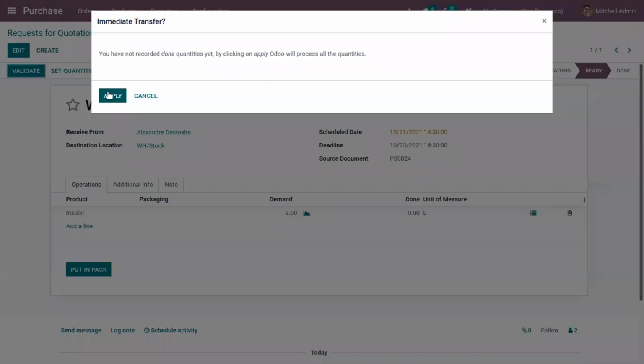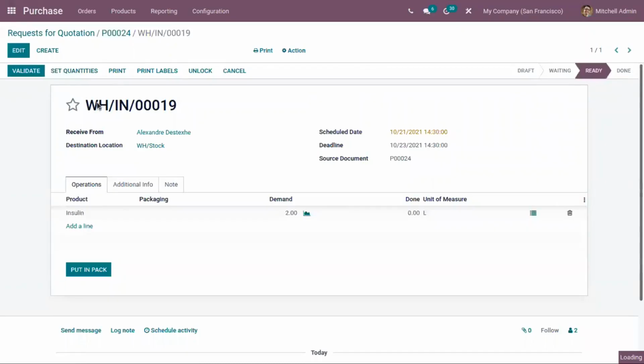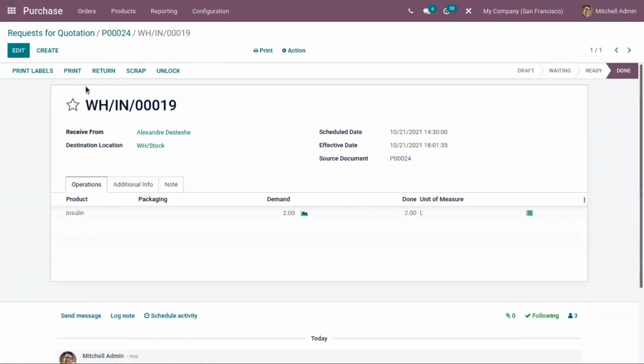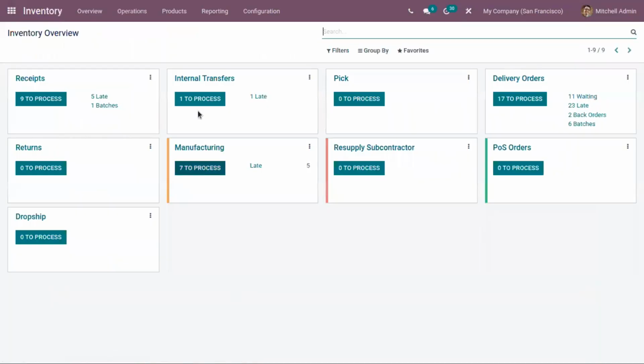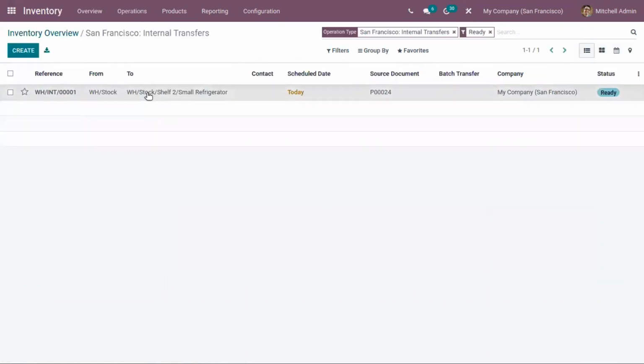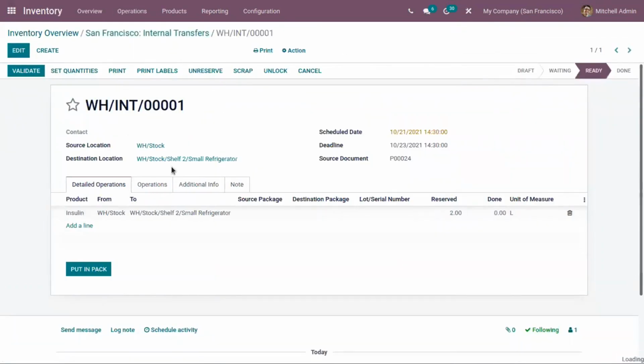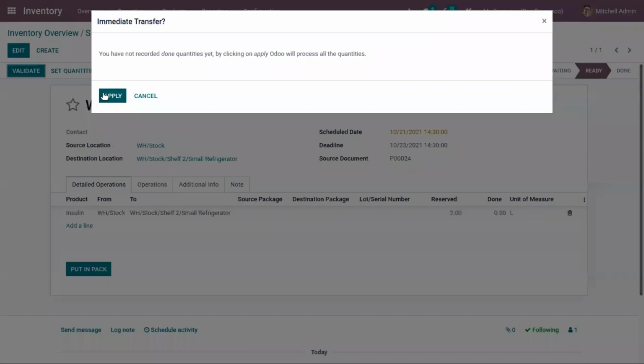Now let's validate this. So products are received in stock. Now here when you open inventory, you can see one internal transfer is created in order to move product from stock to refrigerator. So we have to manually validate this transfer.